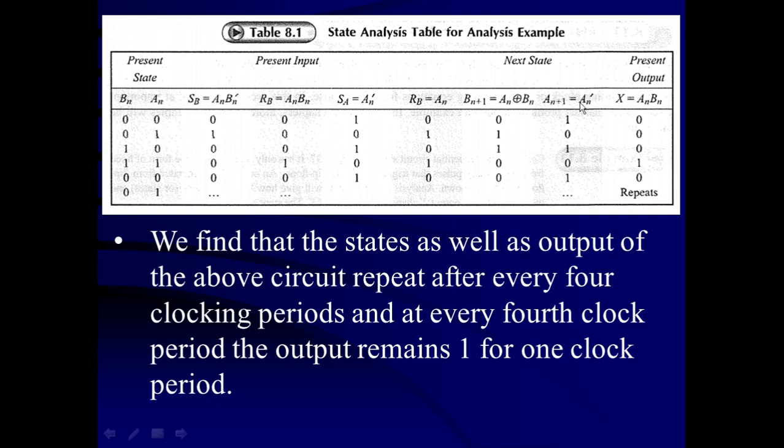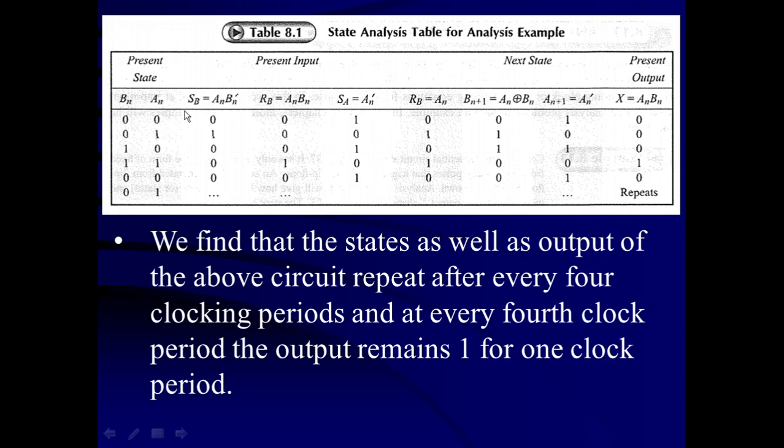Now the next output, this one, is going to be the present input for the present output before the second clock pulse. So 0, 1. Initially we start from the 0, 0. Then the next output is going to be 0, 1. That 0, 1 becomes the present output before the second clock pulse. So 0, 1 is going to be there. This data can be substituted in all the